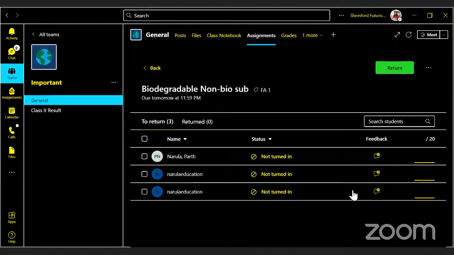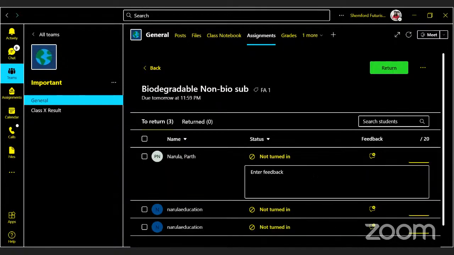When students turn in, they will submit the assignment. You will get a notification like so-and-so child has turned in the assignment. And then from here, you will be able to give feedback, and you will be able to give marks to your students, right?